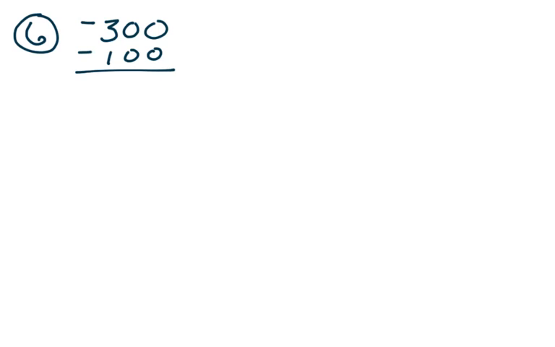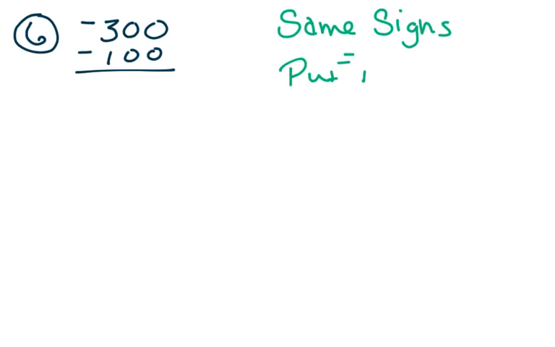What if they're the same signs? Okay, number 6. What if I have negative 300 minus 100? When they are the same signs, you just put them together. Just put them together. If we look at this as negatives, you could draw out 300 negatives and